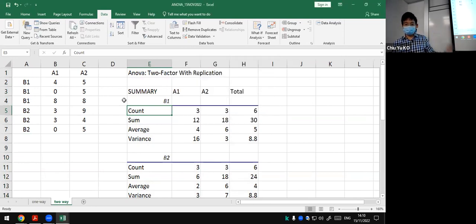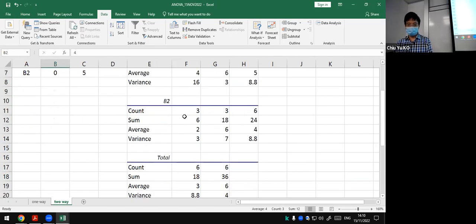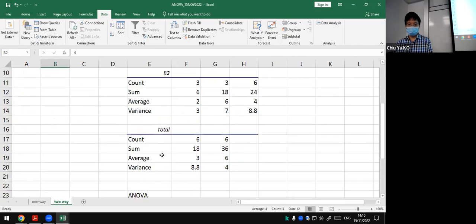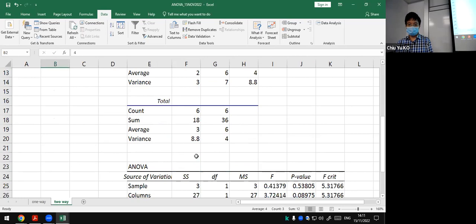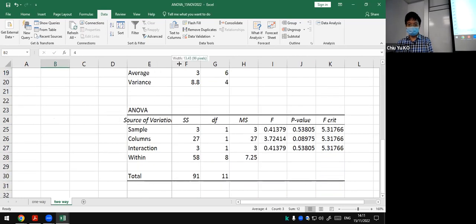So here the output is like this. So this is looking at each B1, right? Looking at this one, A1: sum, average, variance. I think that is trivial, right? Just looking at each single cell, what is the sum and count, right? So that's why you have 3 here, and this is also the total one. Okay, but I guess we don't need that. But the ANOVA table is something we look at. Okay,